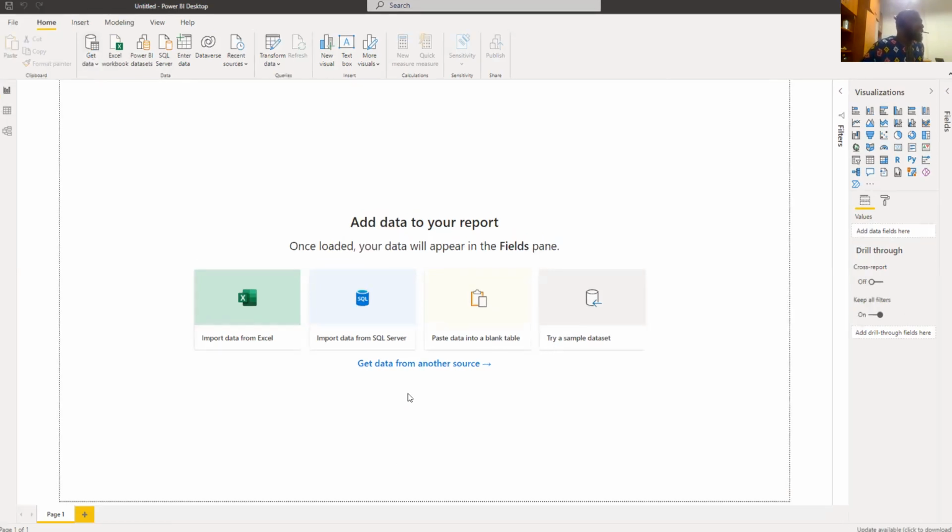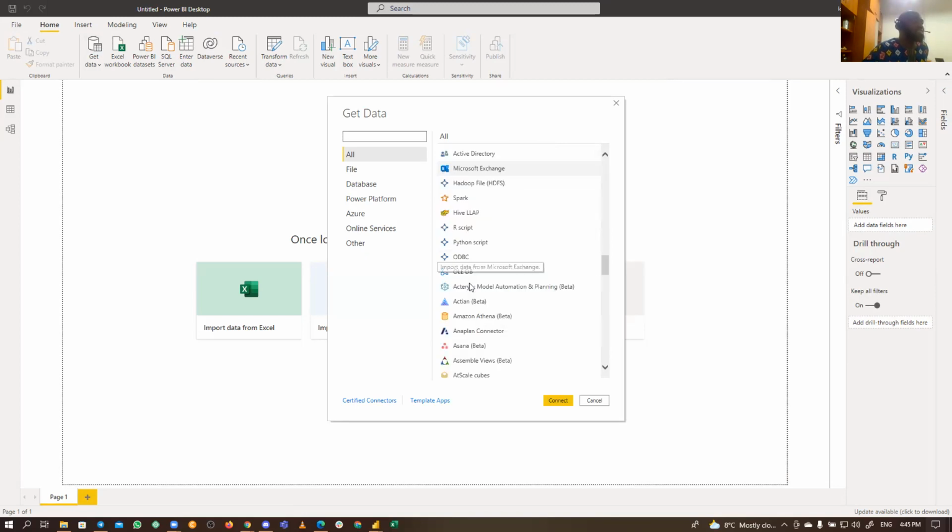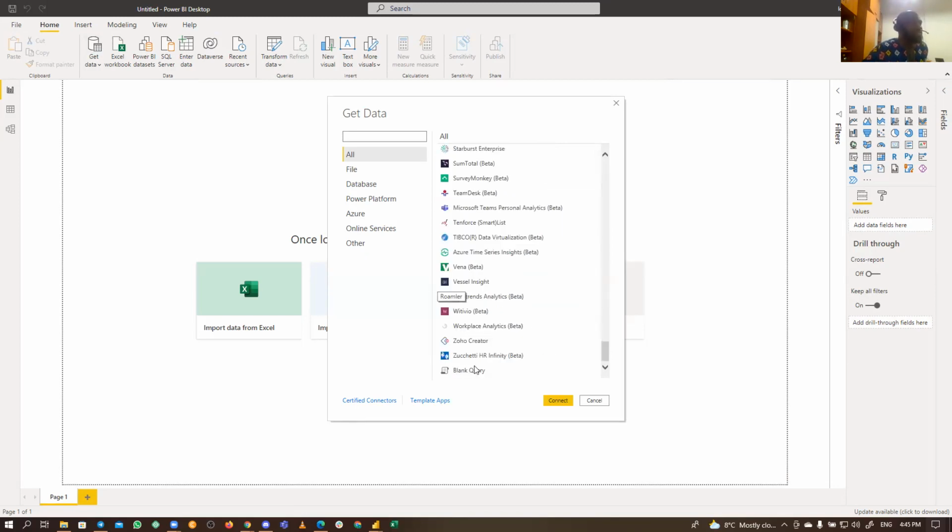Just click on Get Data, and yes, you should have this screen. We have a lot of data options. If you scroll down, you can keep scrolling. You can connect to LinkedIn Sales Navigator, you can connect to Microsoft Excel. There's literally any data source. You can even write your query yourself, using M language.